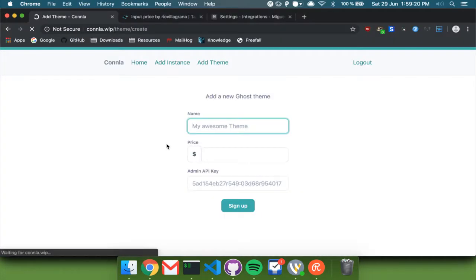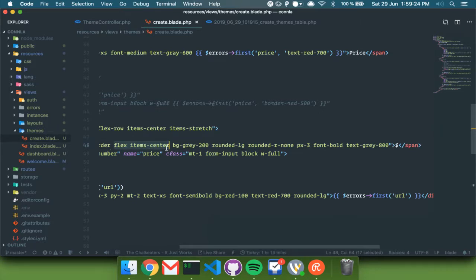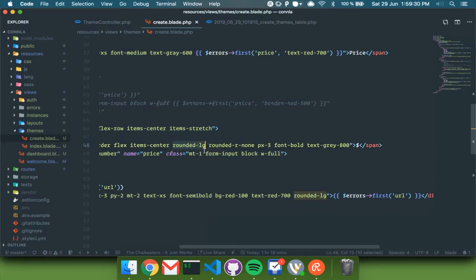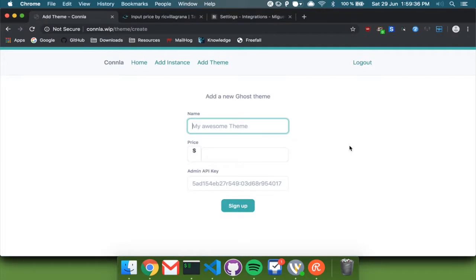What happens if I get rid of this? Okay. BG gray, no need for that. Rounded LG, PX3, font bold, and the text gray, 8. So now